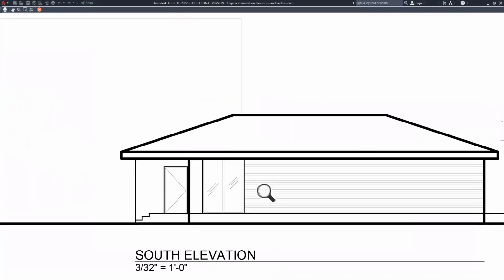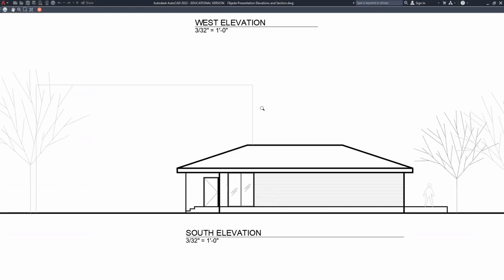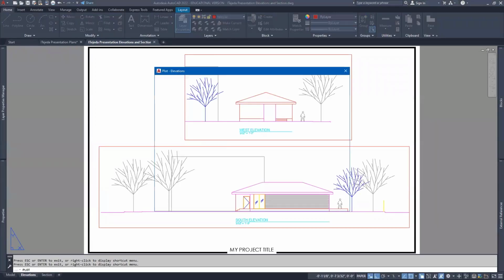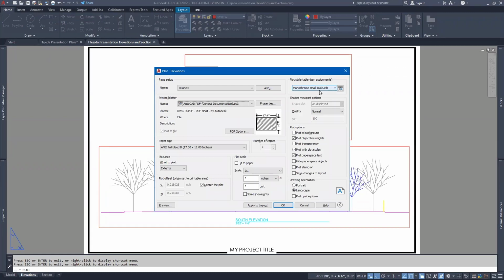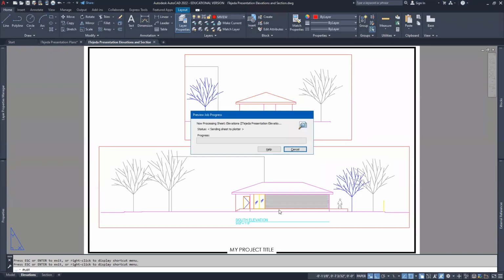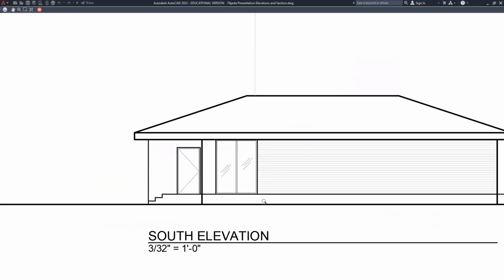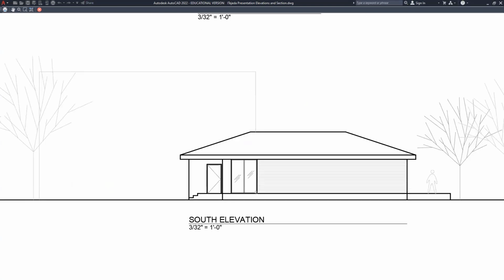And it's looking better, but I think I still want to change that line weight a bit more. So I'm going to right click, exit, go back. Oh, I realize now what happened. I did not pick my small scale elevations. My mistake. So now I set that plot style table and I preview. And I zoom in, and that's a lot better. I may even still change that thickness a little bit more. But for now, I'm going to leave it, and I'm going to show you one little trick that I can do here,